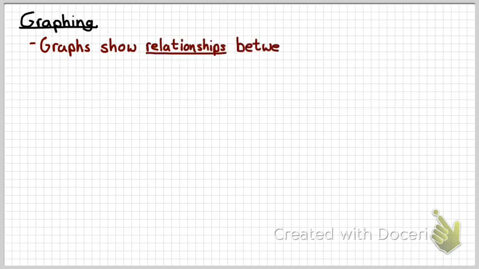In this tutorial, we're going to look at graphing equations and finding the slope and intercepts from a graph. Graphs are very important in physics because they show us the relationship between two variables. So we're going to be doing quite a bit of graphing, and we need to be able to interpret graphs